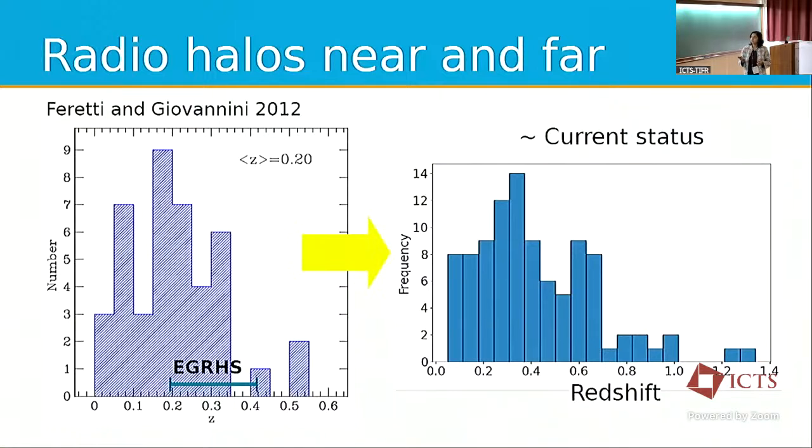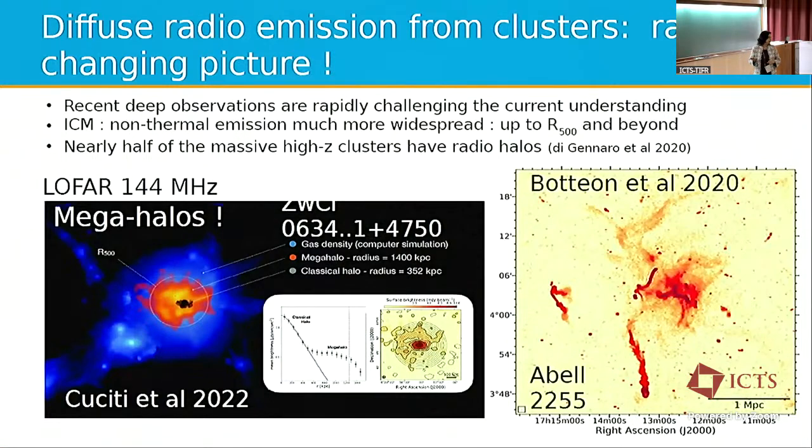So the picture today, evolving from this 2012 picture, we have many more radio halos now in this redshift bin. You can see the redshift axis now goes all the way to 1.4 or so. Beyond radio halos, we have also detected emission which is much more extended. Our understanding of the extent over which the cosmic ray electrons can get accelerated is